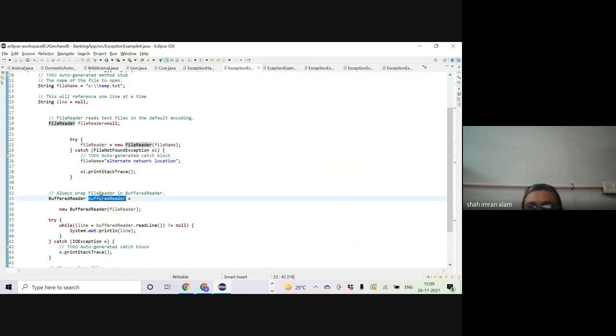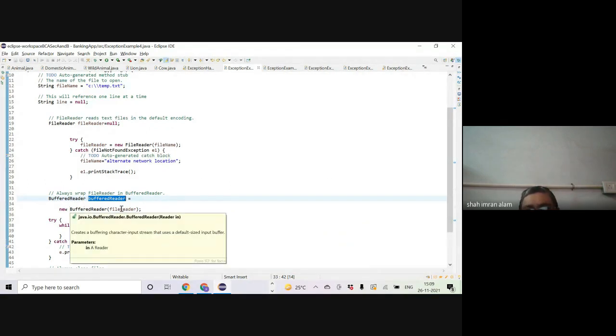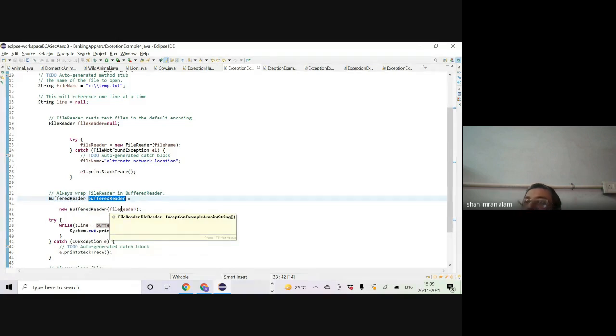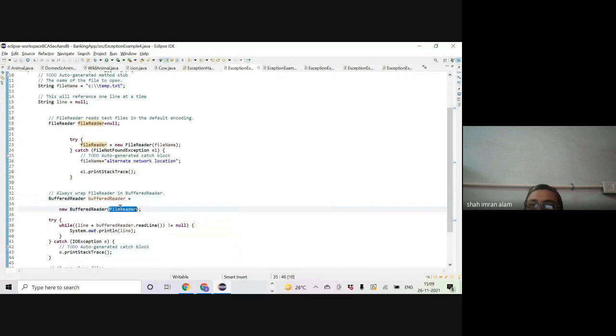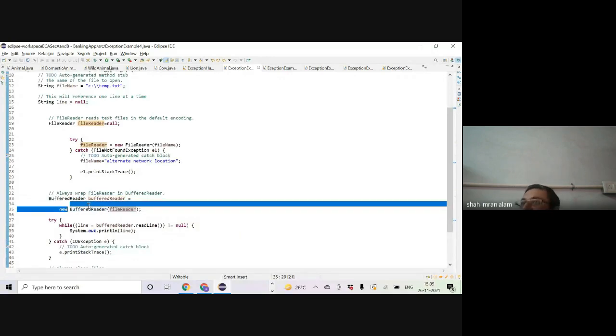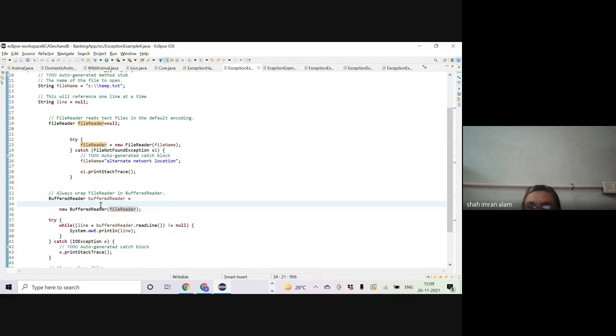We will use the BufferedReader class to wrap additional functionality over the FileReader. So we are creating an object of BufferedReader, and this constructor takes the object of FileReader. This has a technical term: it is called a decorator. I am trying to decorate something. It means we are passing one object into another's constructor, so I am trying to decorate with functionalities. So I am adding functionality, decorating the functionality of a FileReader with the buffered reading capability. Okay, clear?